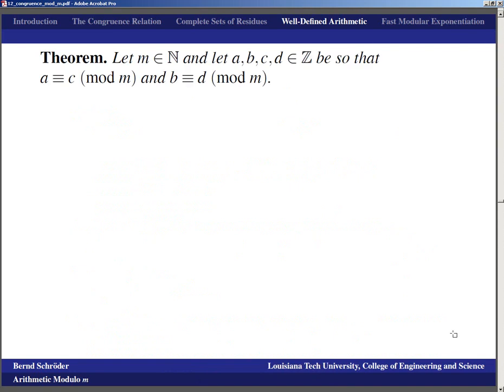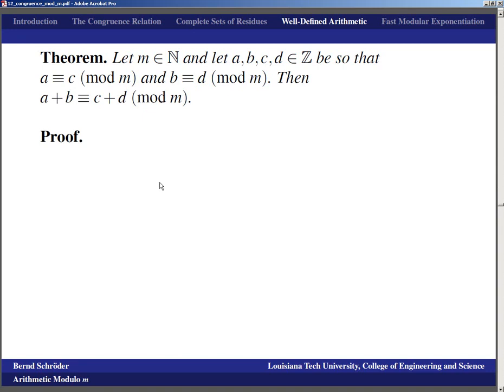Okay, so basically for well-definedness, we need results of this kind. Let m be our modulus, and let a, b, c, and d be integers, so that a is equivalent to c, and b is equivalent to d, both modulo m. Then we claim that a plus b is equivalent to c plus d modulo m. So that means we may lose the carryovers, but at least these remainders that we have work in some fashion